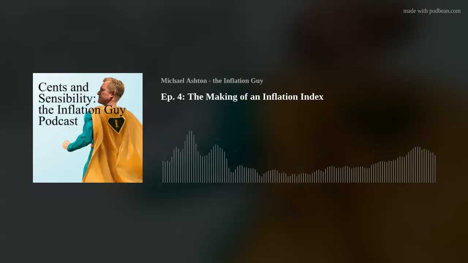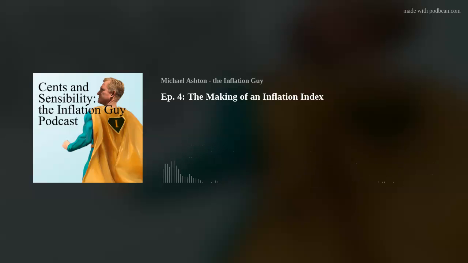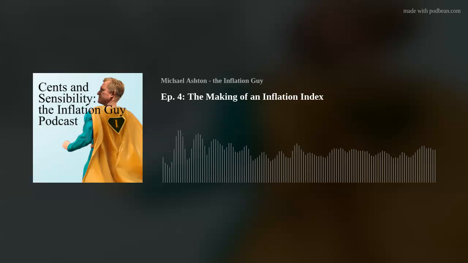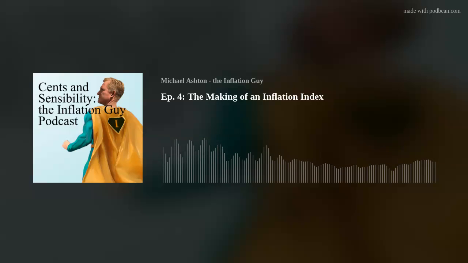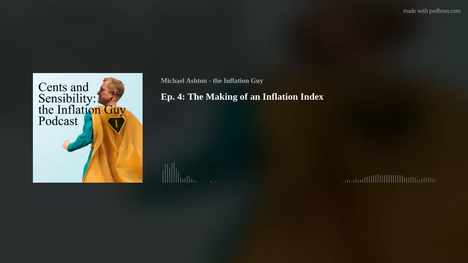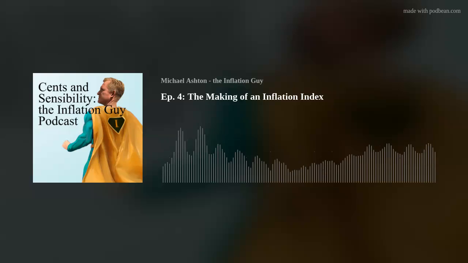The Fed likes the PCE because it captures more of the economy. It captures not just the stuff you're paying as a consumer, but everything that affects you, no matter who's paying for it. So anyway, we've made our decision on scope. Now we're going to look again at all the spending, and if it's in scope, the way we've decided what the scope is, then we're going to add up the cost of living: all the money we spent on everything that's in scope. And the next year we'll do the same thing.